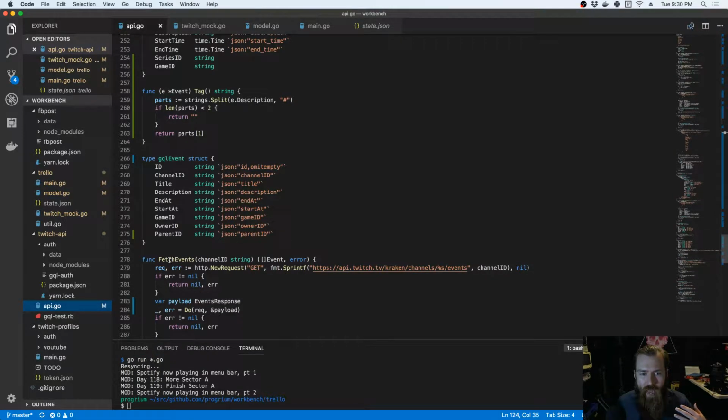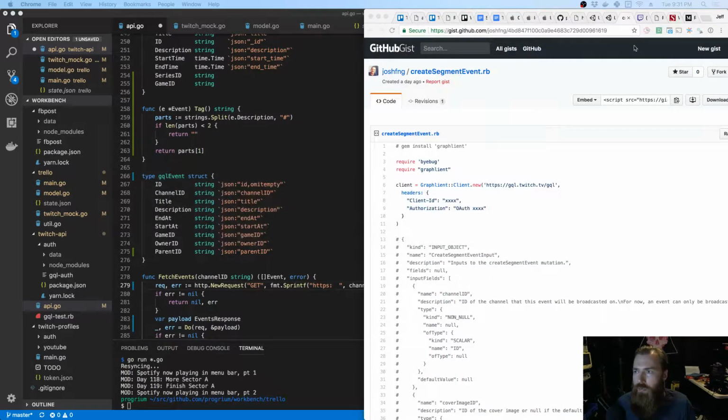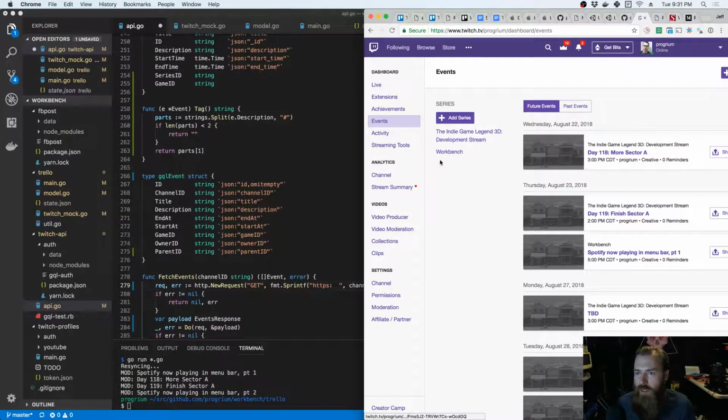It was sort of half using, it was doing all the write operations using this GraphQL endpoint that we figured out how to use, and then we were getting event data with another undocumented API. The only thing that was missing was getting events to live under an event series, because all of my events on Twitch are under these two series. And I thought it was going to be a complicated thing, and so I